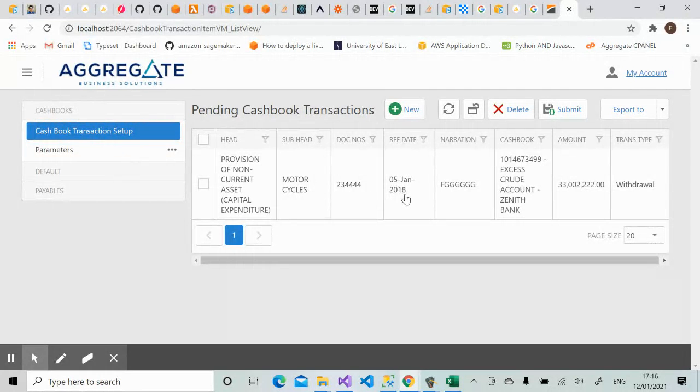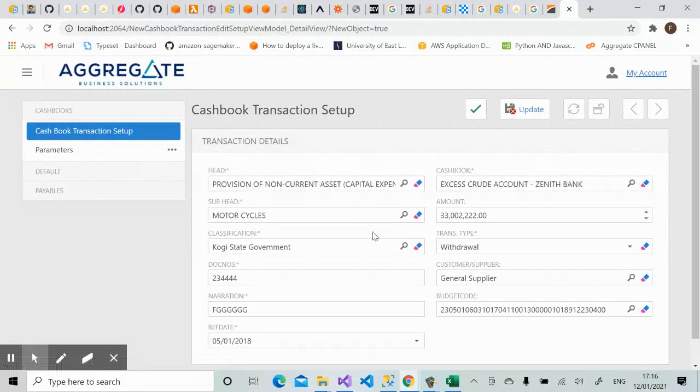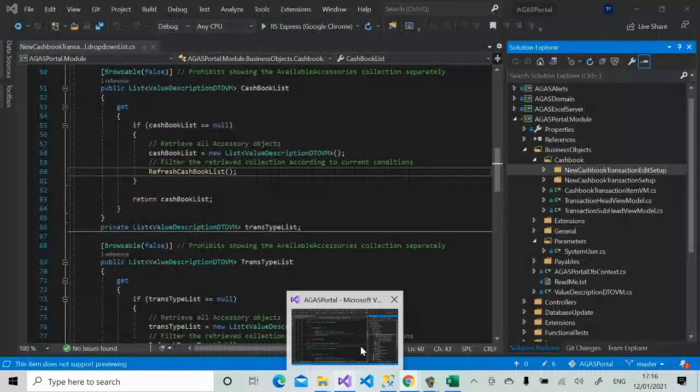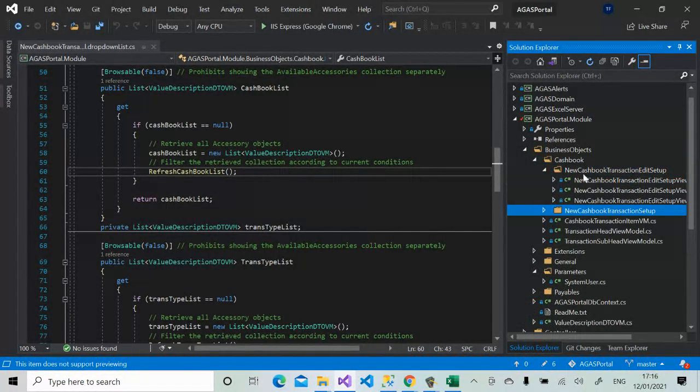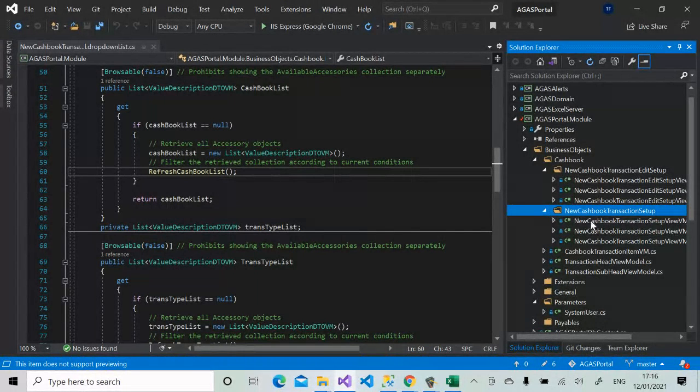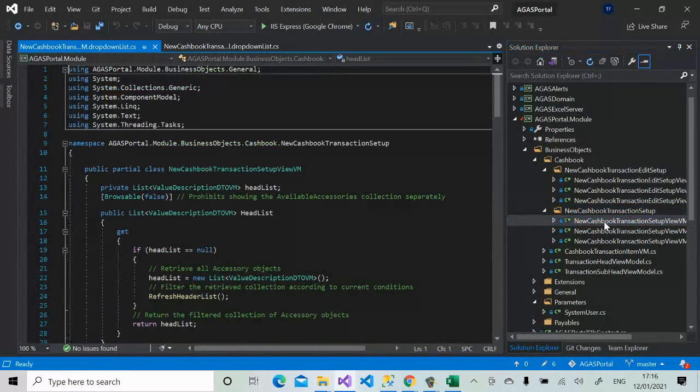When it's pending, if I log in, posting, I see my unsubmitted records, I can submit from here. I can delete from here, or I go into it and do some editing. So I followed the pattern of the presenter, and if you look, these are supposed to be the view models,